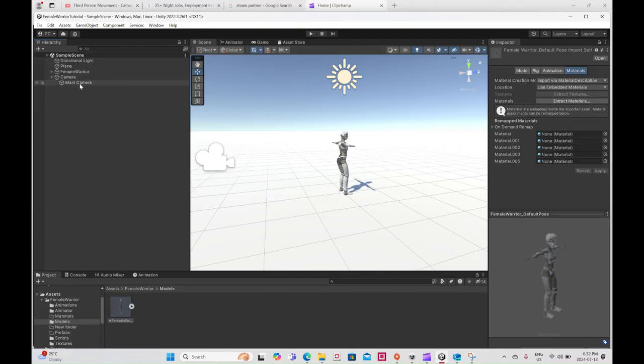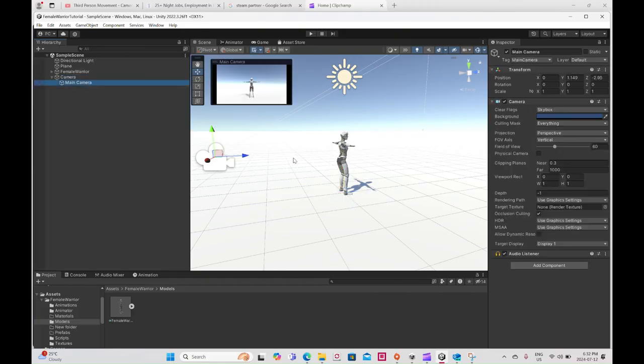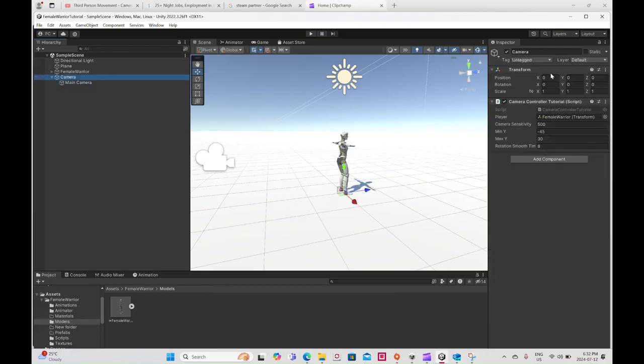One thing that I found was, as far as the camera parent and the main camera, it was better just to leave the camera parent position at 0, and to move the main camera up. It's better to adjust the camera position and just leave the camera parent at 0. So now if I play it,